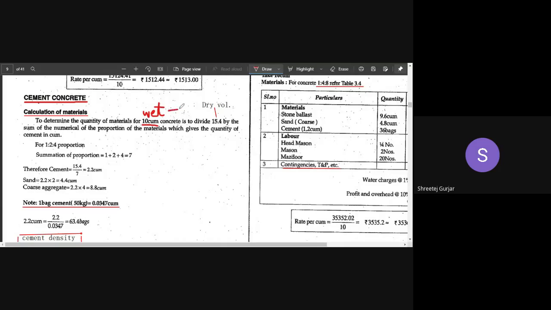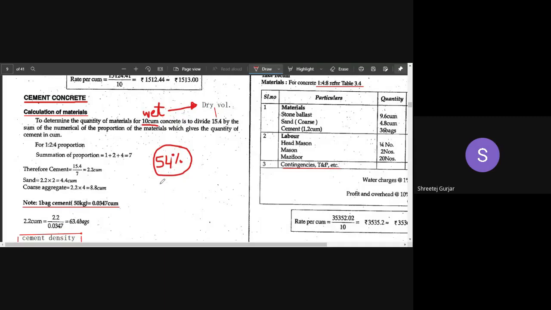So what are the dry constituents that are required? You cannot take 10 cubic meters of dry constituents and mix and form 10 cubic meters. Okay. So what happens is you have to take some extra quantity in dry volume, so that after it shrinks and all, we are left with 10 cubic meters of concrete. So the extra thing that we have to take is 54%, the general thumb rule that we have to adopt. So 54% of extra dry volume you have to consider whenever you are calculating the dry materials.